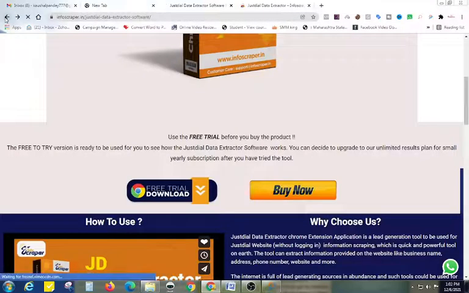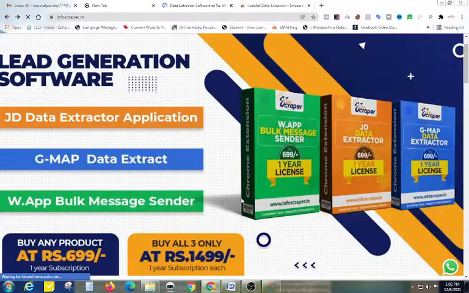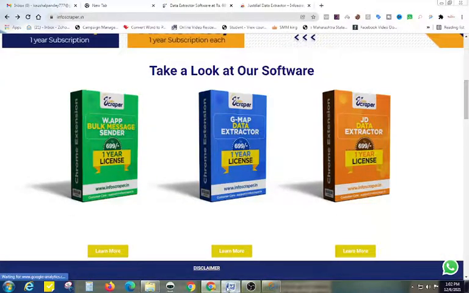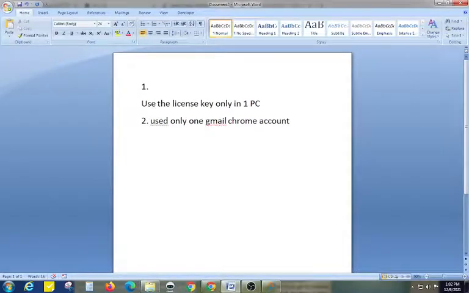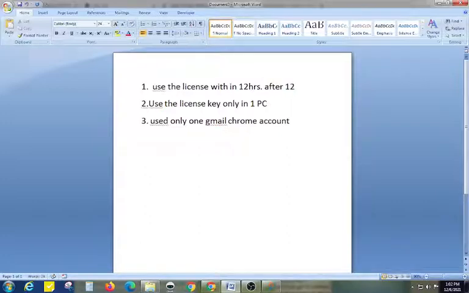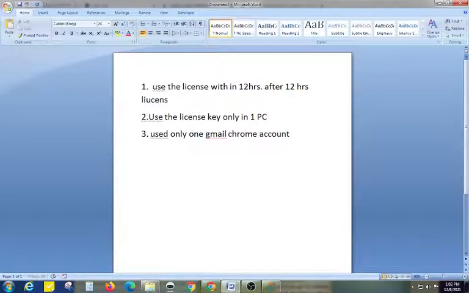So these two are very important things you have to keep in mind for all the products mentioned on this Info Scraper, and all our upcoming products: use the license key only on one PC and with only one Gmail account. And the third, or I can say it should be first: use the license key within 12 hours. After 12 hours the license key will expire.